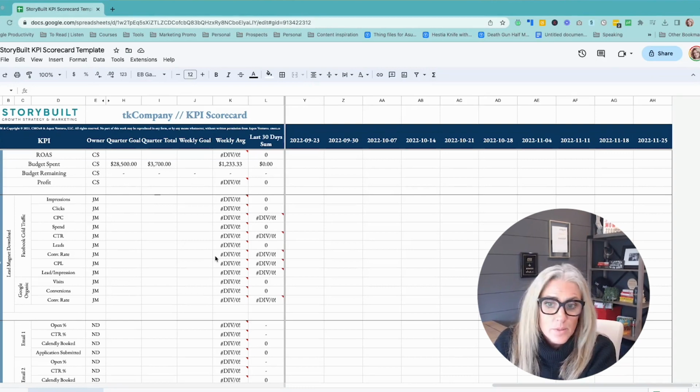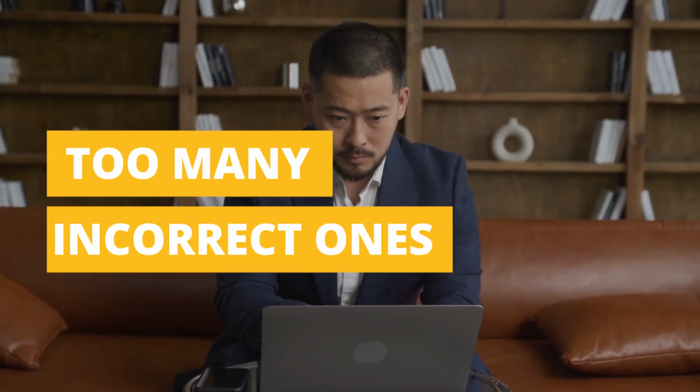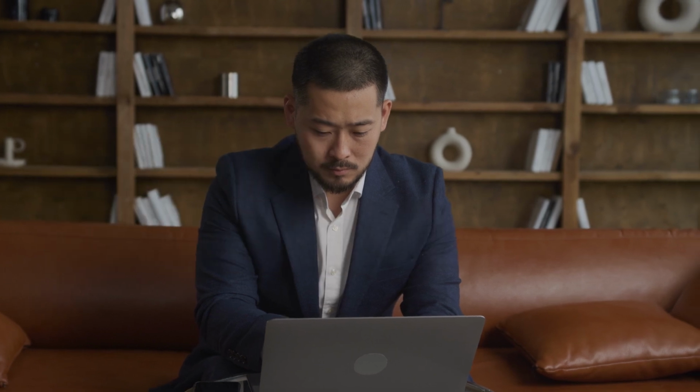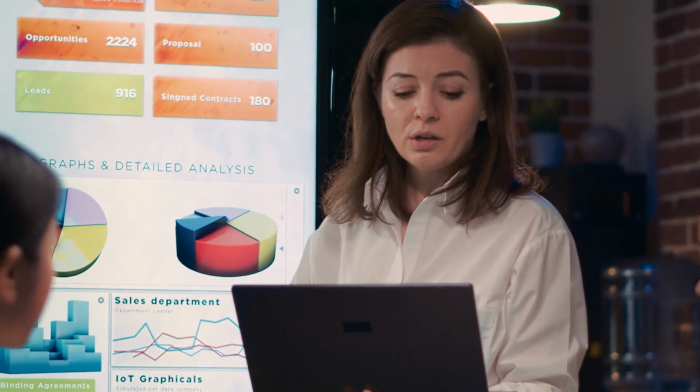So this is a template that I usually implement, or at least we pull a few things from it. It depends on the leadership as to how many of these things you want to watch. It is possible to watch too many or to watch the incorrect ones, and that's why we always want to be checking on things. I have pretty good experience as to how we design the strategy and which ones we most likely want to stay focused on, so I can definitely help guide in that regard.